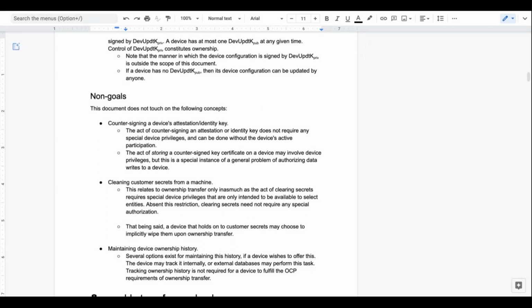So Jeff, I'm still stuck on the second sub-bullet of the previous bullet, the act of storing the countersigned key certificate. One thing about that certificate, right, is that if the device is enforcing the fact that it will not allow an update unless it's signed by both parties, whatever, the manufacturer and maybe the owner, right? Then you need, in my opinion, a special privilege that may be different from the regular privilege of just updating any information in that device.